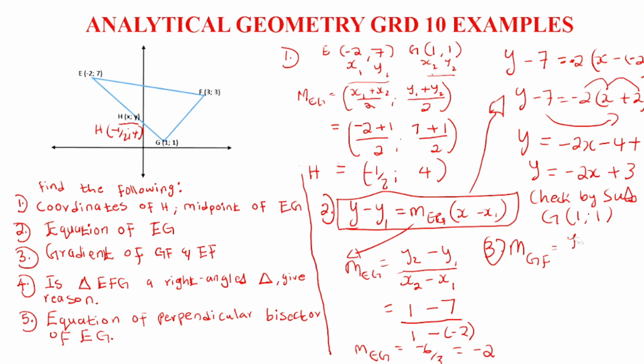Let me put the coordinates of G and F here. G is 1, 1, and F is 3, 3. So if you substitute this into the equation here,